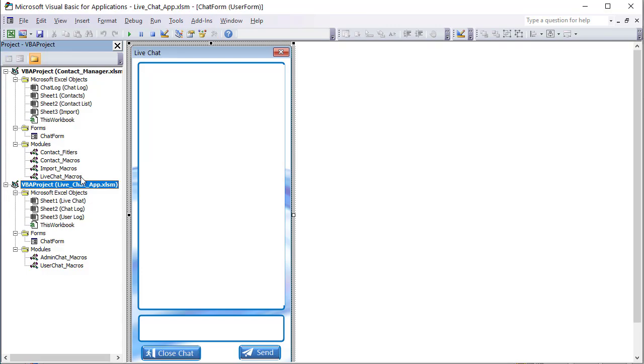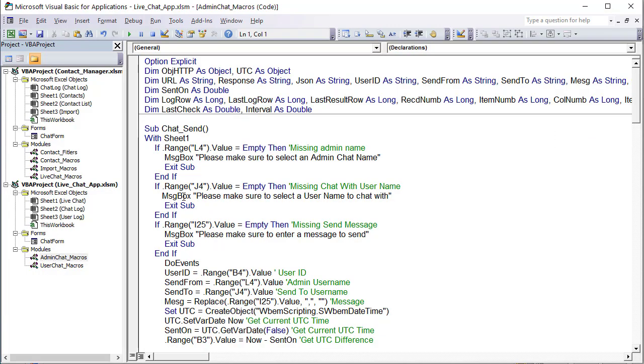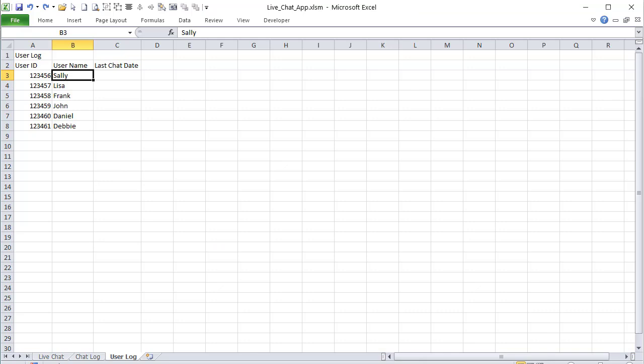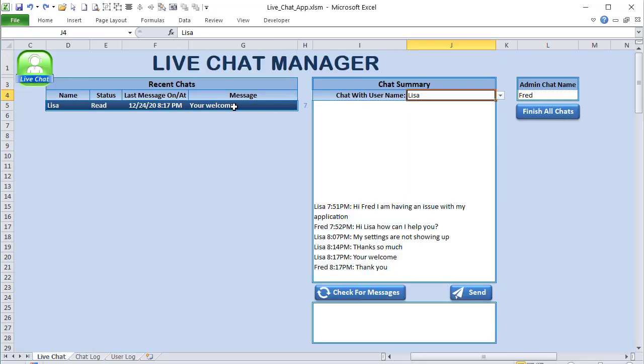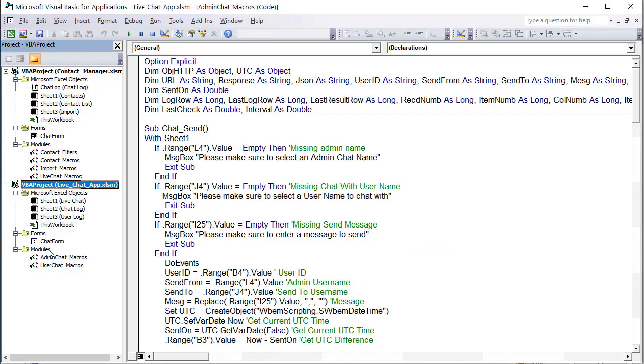So you're going to have a single application which you're going to download. You'll have the admin macros. These are the macros that are associated with the admin, with this portion right in here: all this live chat macros, selection, finish the chats, and send, and everything like that. You'll have that in two different modules, but you'll have everything you need in one application. All you need to do is take this and drag it into your application, and also take this module,